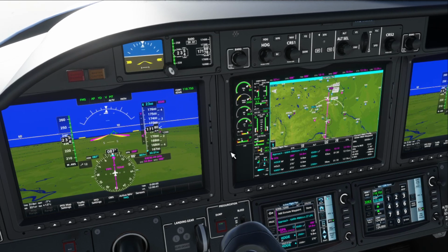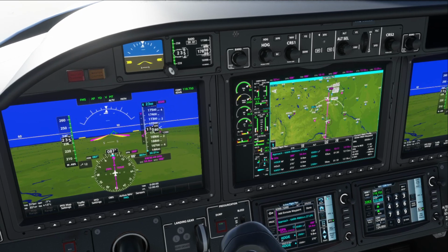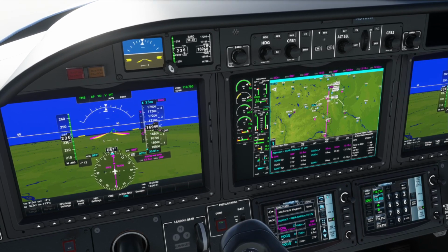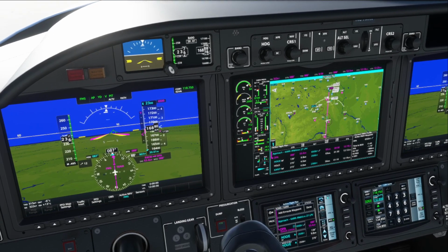Well, that answered a question, didn't it? Can't use it for that because it will level out. Unless I'm quick enough to get that thing down, I suppose. Altimeter. Okay, bottom of descent in 11 minutes, and we are...